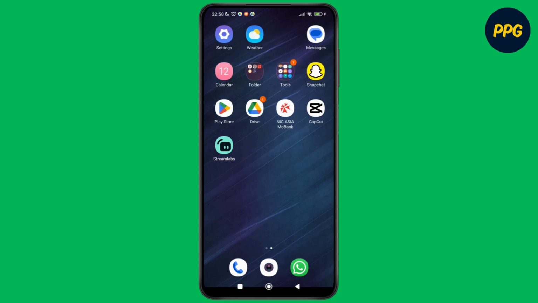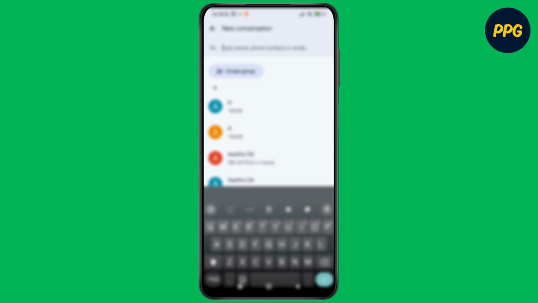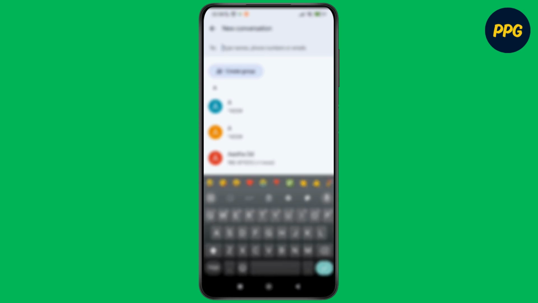So first of all, what you need to do is open up the message application on your device. I'm going to go for the message application, which is over here. Just tap on messages and then you can see the option of start chat. Just tap on start chat, and here you just have to select the person whom you want to send the